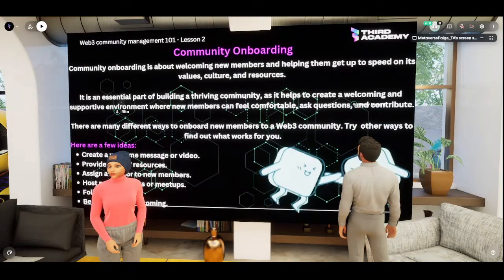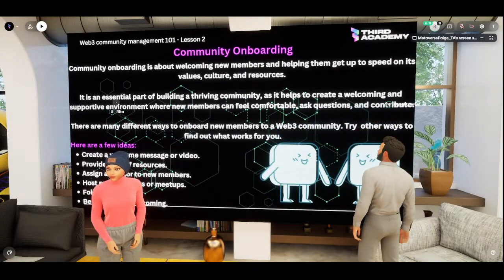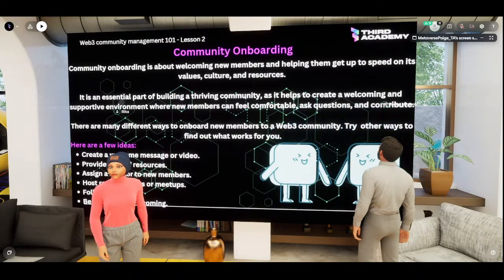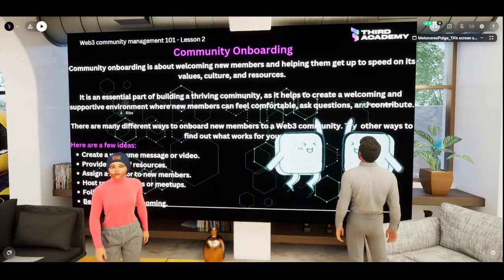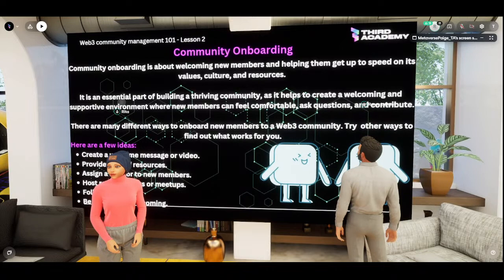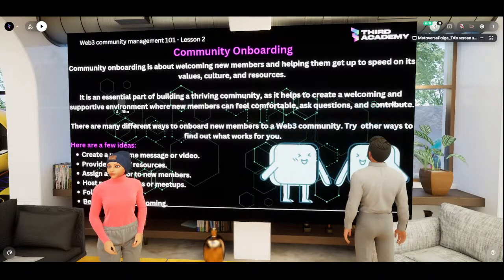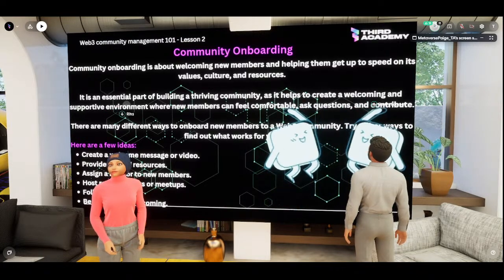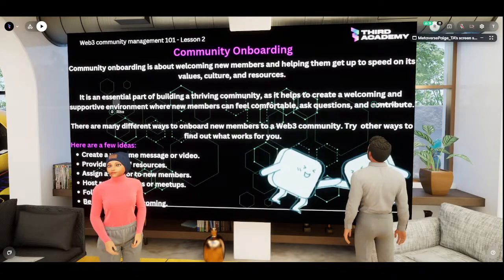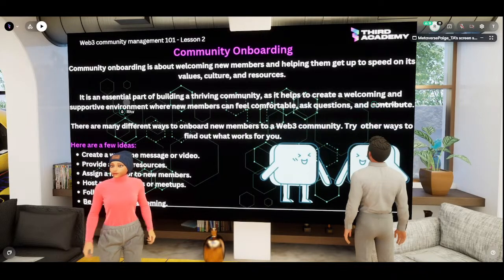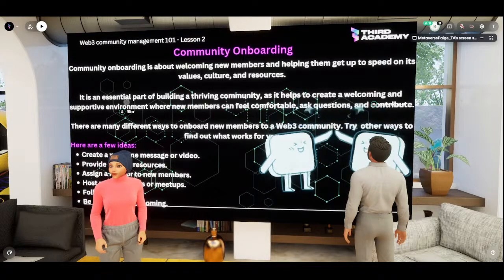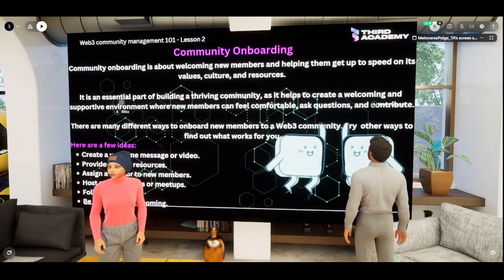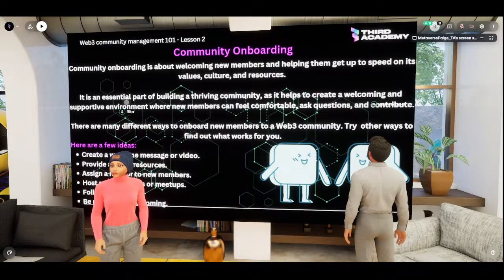So something else that you want to do is to create a list of resources for members to learn about your community. This could be your FAQs, your official links, your social media channels, your websites. Create these resources and make them accessible. I may come into your community and not feel a sense of belonging yet, and I don't even understand what you're about. But when I see a link to your FAQ, your website, your social media page, gradually I'm coming up to speed on what this community is about. So make sure you have a list of resources that members can use to learn about your community, and make it accessible.